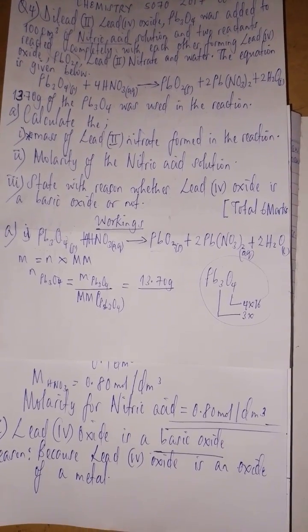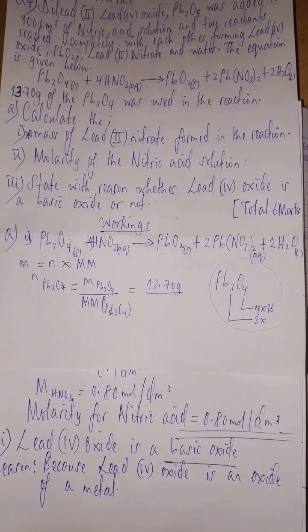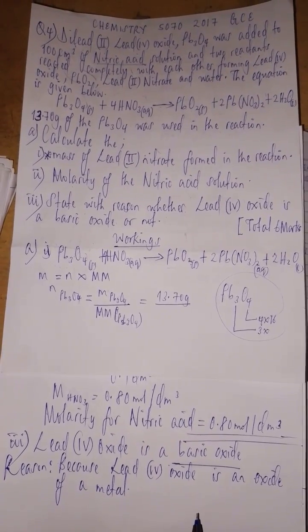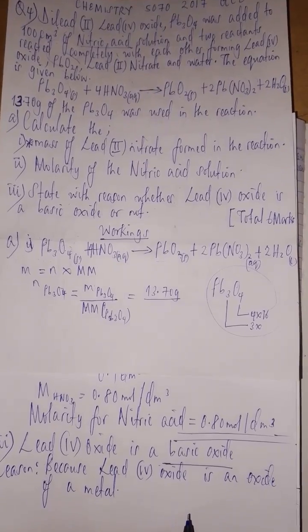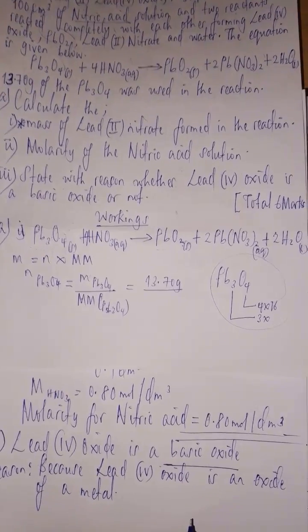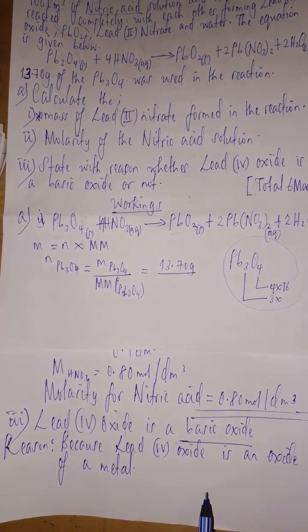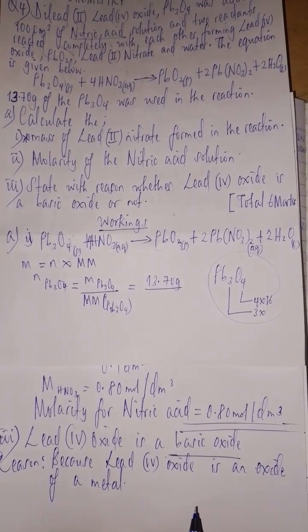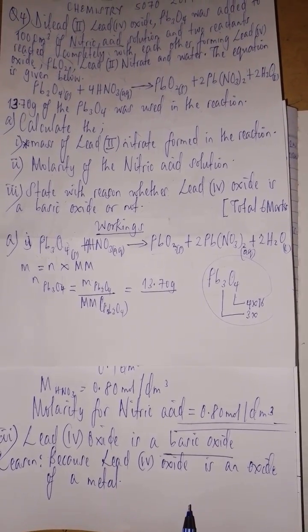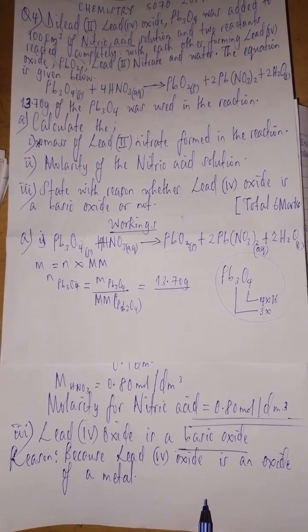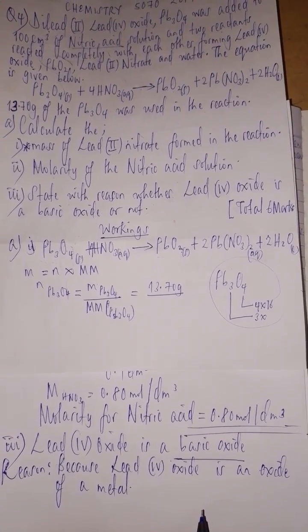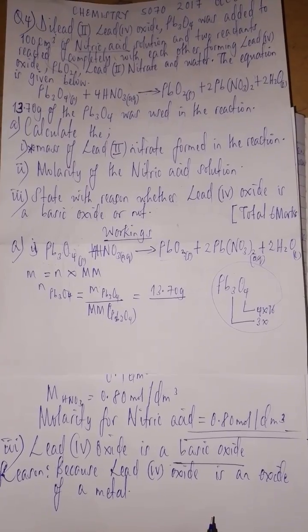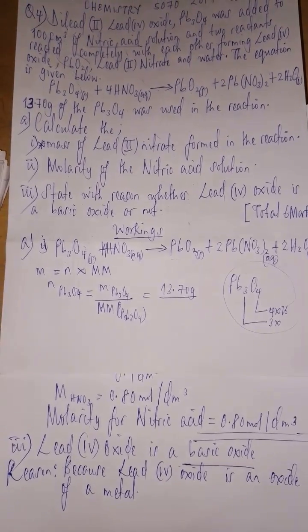Then when you're talking about acidic oxides, they are simply oxides of non-metals. Okay, oxides of non-metals are simply acidic oxides. For example, when you have carbon dioxide, when carbon dioxide is dissolved in water to form an acid, for example carbonic acid, so that is acidic. That's where the term acidic oxide comes about. So our lead 4 oxide is basically a basic